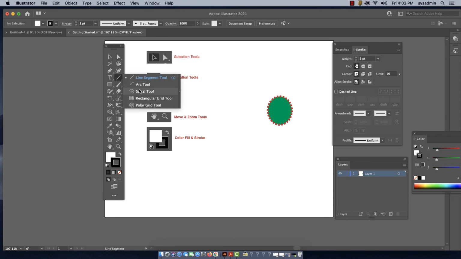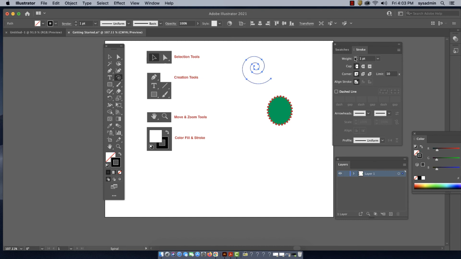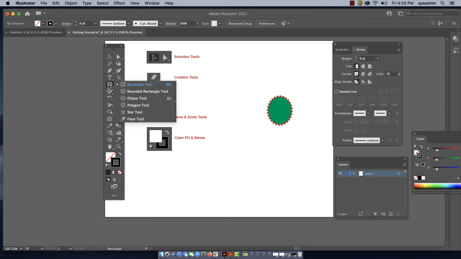So you can make an arc, you can make a spiral tool. A spiral tool is really fun, right? I can increase the stroke weight. So those are kind of fun. The shape tools, all of those shapes. The paintbrush tool, which I'll go over too. So the first thing is working with